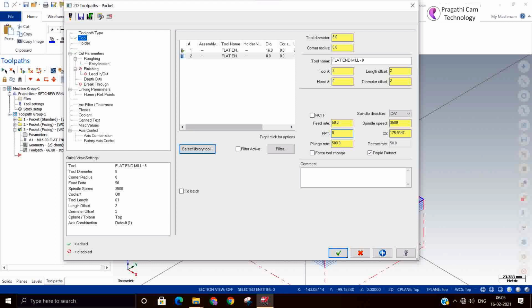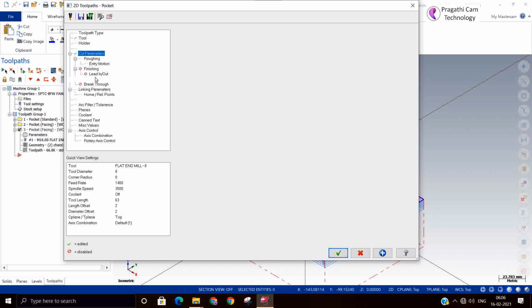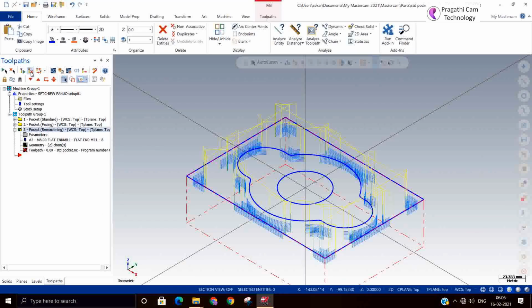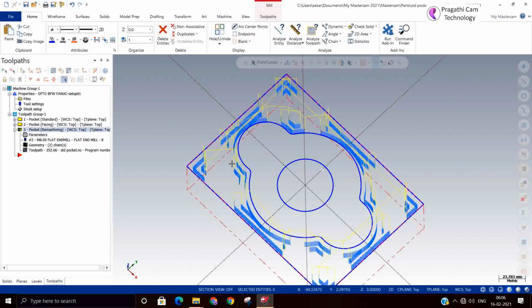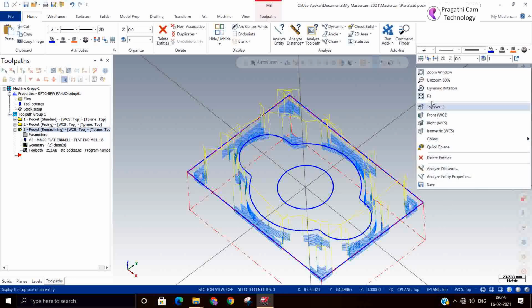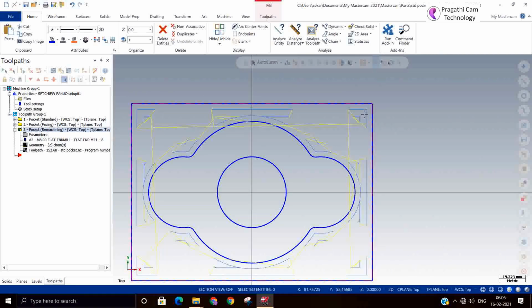You can even modify here directly. So now you give the rest machining operation. I can reduce the depth of cut in this case because the tool diameter is less. Now I'll regenerate. You can see it has machined only the corner. If you see on the corner, there is no material. In the corner the material doesn't go, but